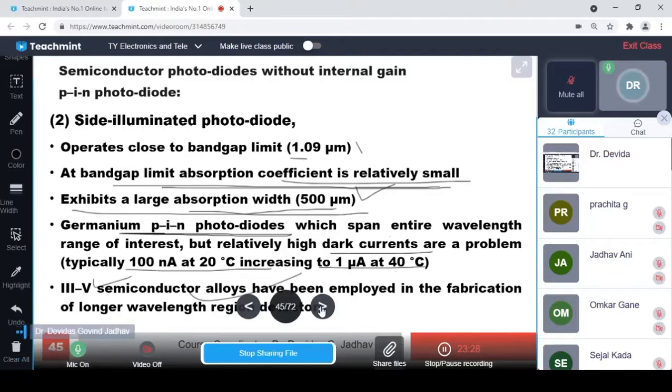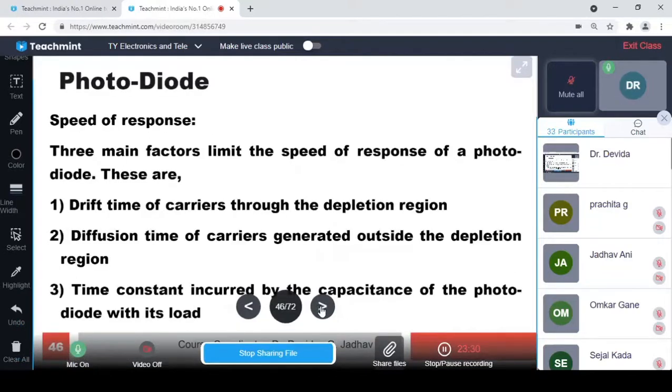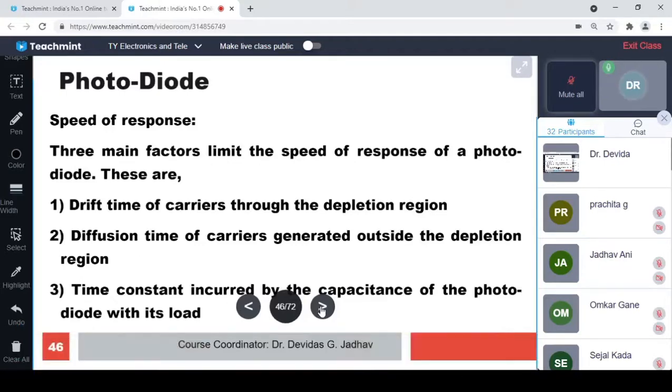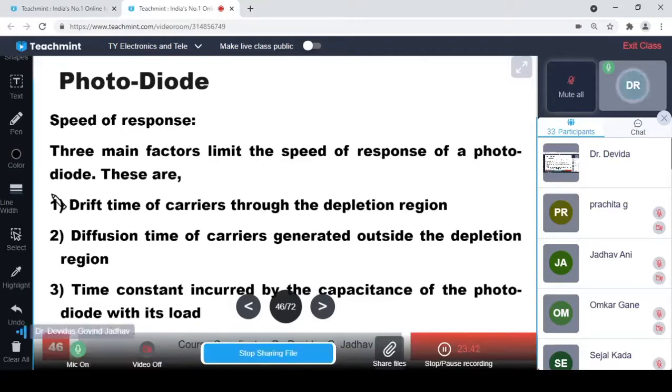So the speed of the response depends on three factors, and these factors are drift time, diffusion time, and time constant. We have seen this. Drift time is the time taken by the charge carrier to travel in the depletion region. Diffusion time is the time for a charge particle generated outside the depletion region to travel through the diffusion area, and this is possible in the PN, not in the PIN. PIN does not have